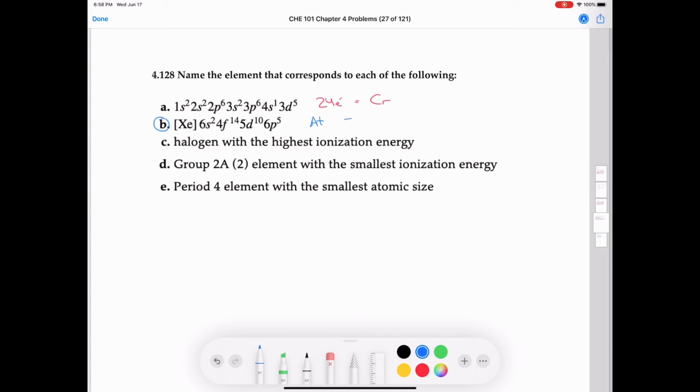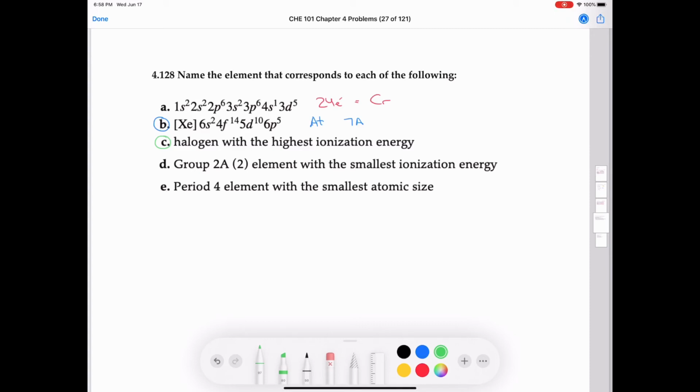It's in group 7A and has an electron configuration that ends with 6p5. Next, I'm looking for a halogen with the highest ionization energy. And you'll remember that ionization energy is the energy required to remove an electron from an element in the gas